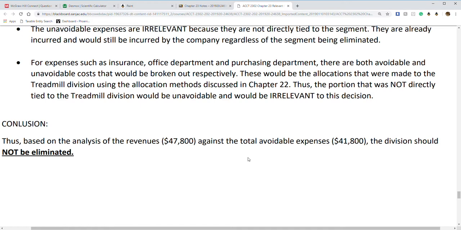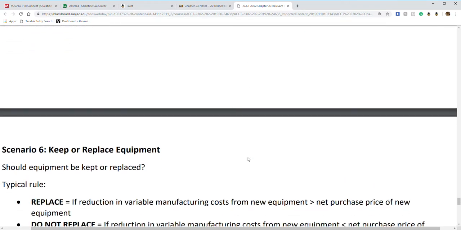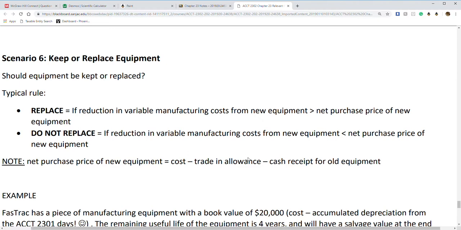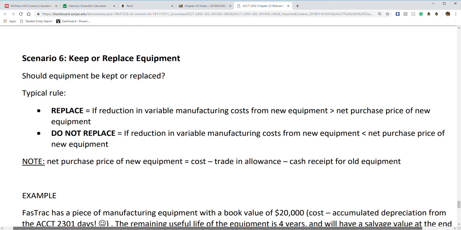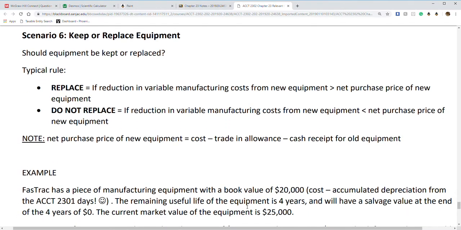Yeah. So, last scenario, and we're all done for this train ride to Infinity War. So, scenario number 6, keep or replace equipment. Just kind of like they made the decision to keep or replace Vision. Too soon? Nah. Anyway,